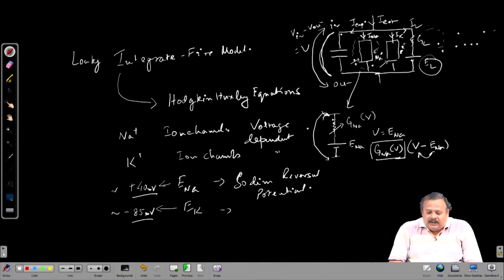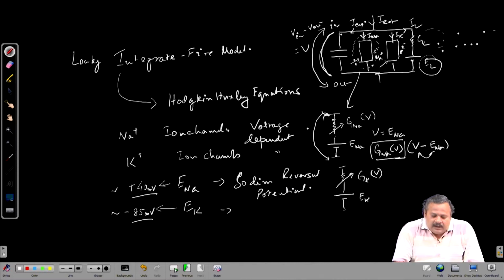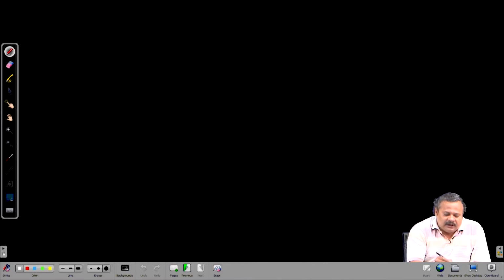Similarly, the branch for the potassium is simply going to be our G_K as a function of V followed by this battery E_K. Now if we draw the full circuit and write out the entire equation,